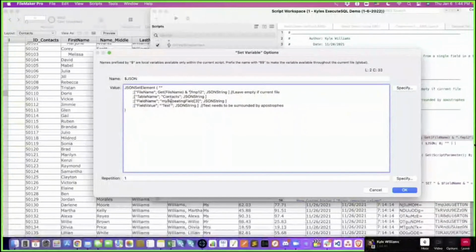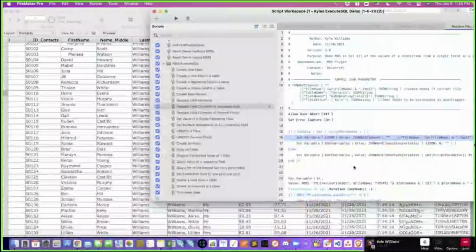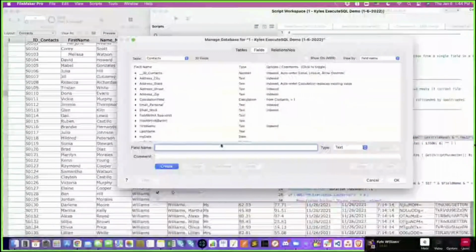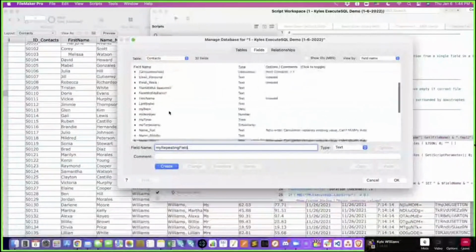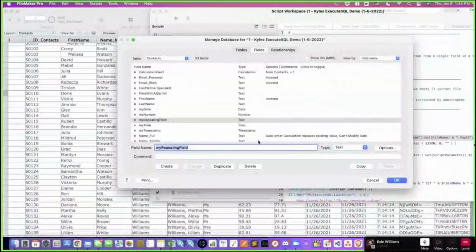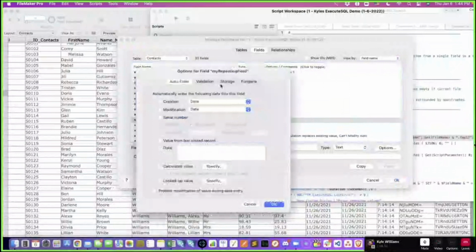So here we have my repeating field 3. I'm just going to double check, make sure that field exists. Okay, and then it's going to replace it with the text test. Text does need to be surrounded by apostrophes. Okay, so if I go into here, I'm looking for a field called my repeating field, and I'm not seeing it. So go ahead and create that, and we'll go in here, and we'll say